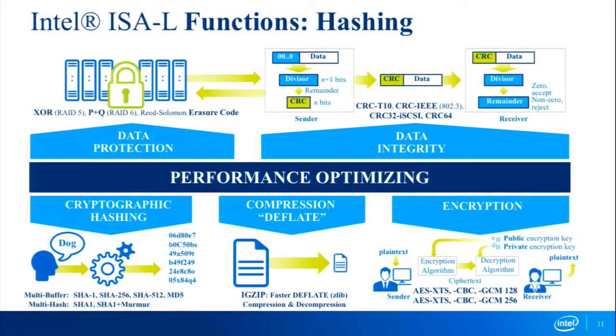So, and then what else we have that's unique is cryptographic hashing. And this is used in a lot of storage systems, of course, either for data integrity or for dedupe. And it's something that is a traditionally high cycles-per-byte operation. And so if you're streaming gigabytes per second through your storage system and you're hashing every block for dedupe, you can quickly consume your machine with doing nothing but hashing. And so for that case, customers were looking for